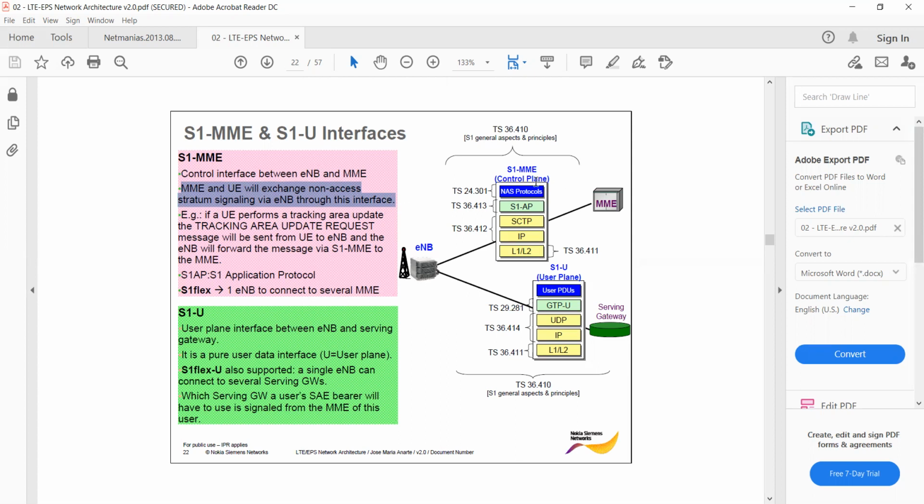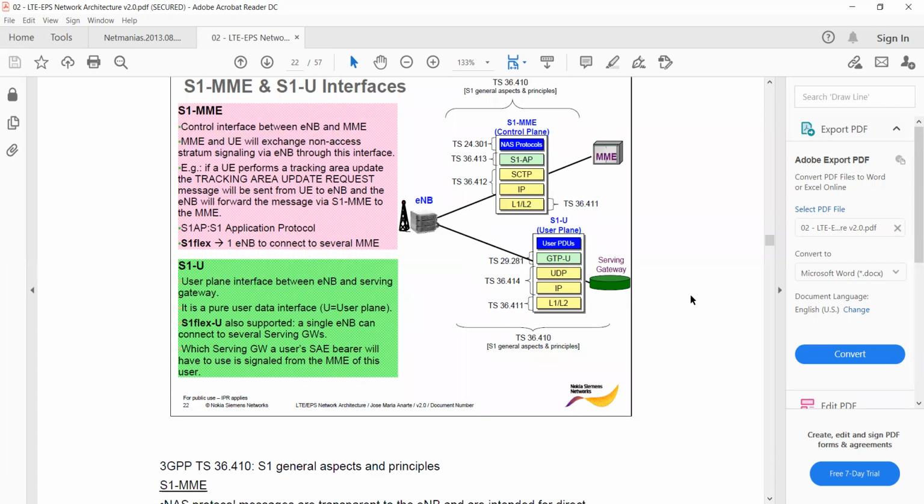So basically S1-MME is nothing but the control plane. The signaling messages include tracking area update and those things, like in 3G and 2G we had location area update. Whenever a UE moves from one area to another, the MME will change, right? So an old MME and a new MME will come. In that case, it is useful for transferring signaling messages and paging messages. Just write these 2 points. It will be more clearer in later classes once we proceed.